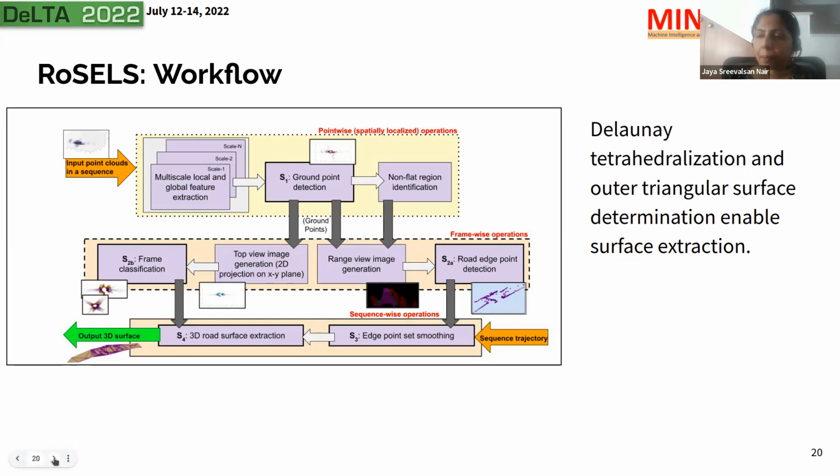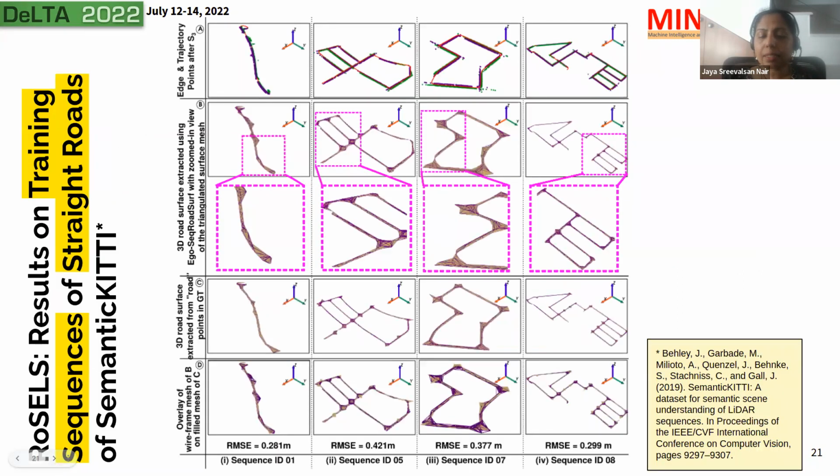surface itself. So now let's run some experiments on the dataset in SemanticKITTI, and we look at the training sequences of only the straight roads here. We see that for straight road trajectories in the training sequences, our method performs relatively well. In A, the top row, we see how edge points are extracted at the end of S3. In row B, and also in the zoomed version, we see the extracted surfaces at the end of